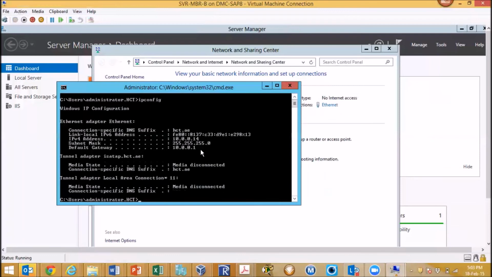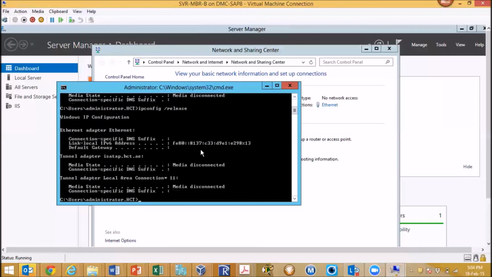Okay, when the IP address is leased, it will stay with those clients for 8 days. For 8 days, it will be there, even if the server is off, after the client receives the IP address from the server. So I want to clear this current configuration. Do you know what is the command? You all did 2103? ipconfig /release. That means clear up this DHCP configuration, the old one which is in my machine. I cleared it. And after that, I released it. After that, I renew it.